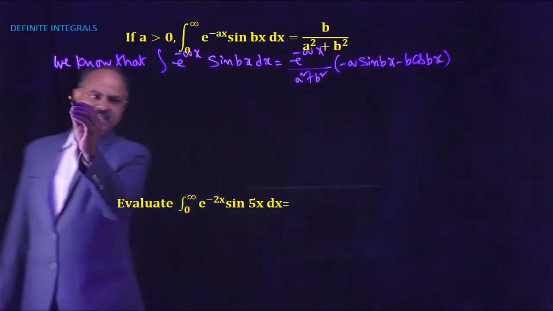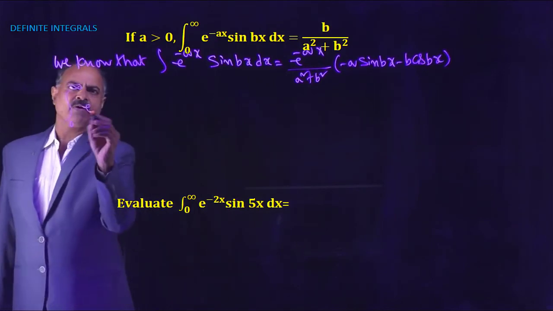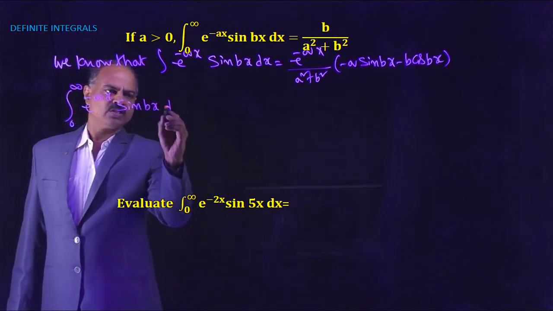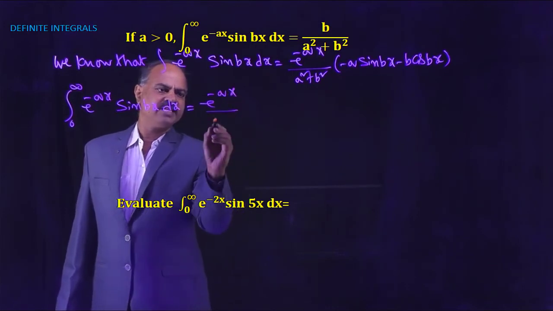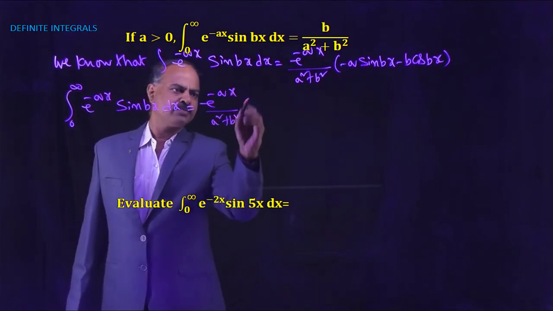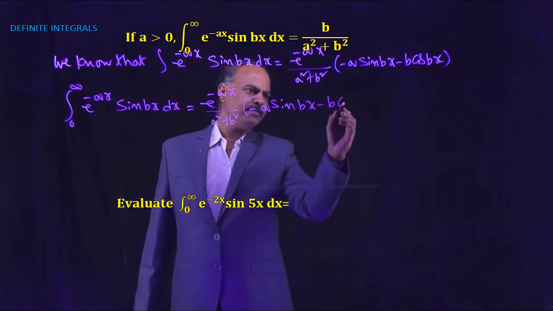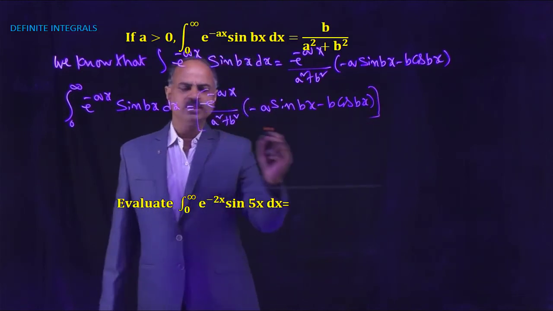Here, integral 0 to infinity e power minus ax into sin bx dx equals e power minus ax by a square plus b square into minus a sin bx minus b cos bx, with limits 0 to